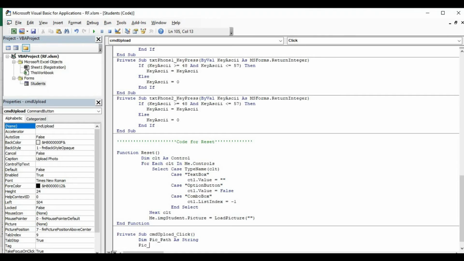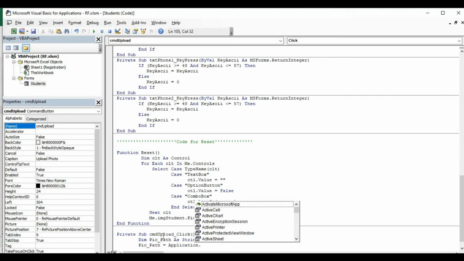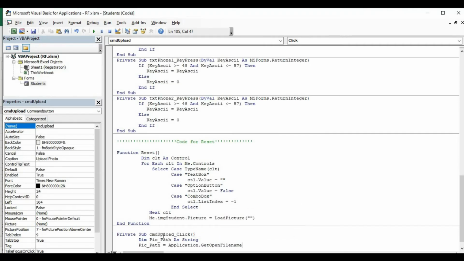And now our picPath equals, now we upload our photo using Application.GetOpenFilename, and give the FileFilter. In the file filter we give the name of which files need to be displayed. This one is for JPG images. For JPG images to be shown, we have to put an asterisk dot and type jpg,